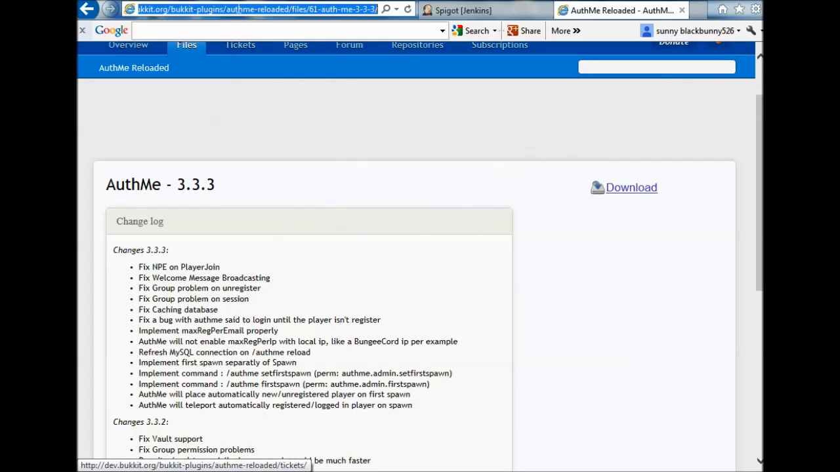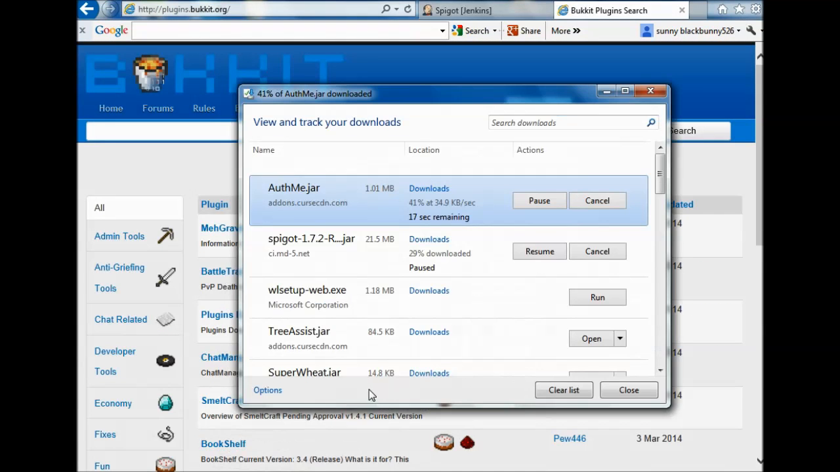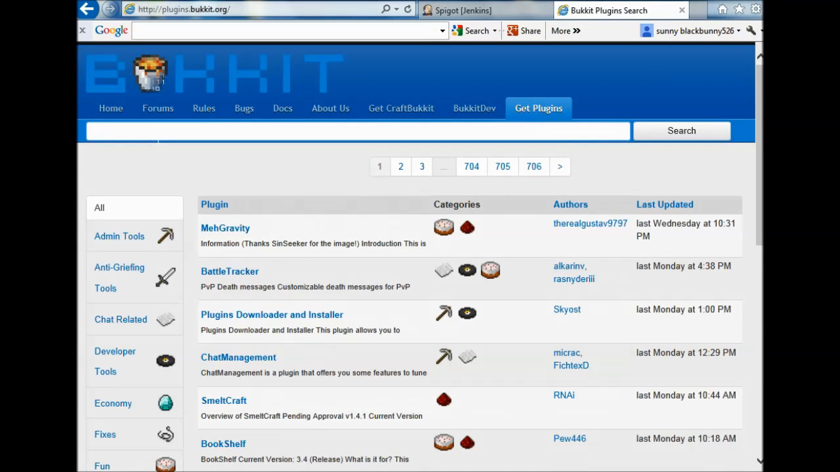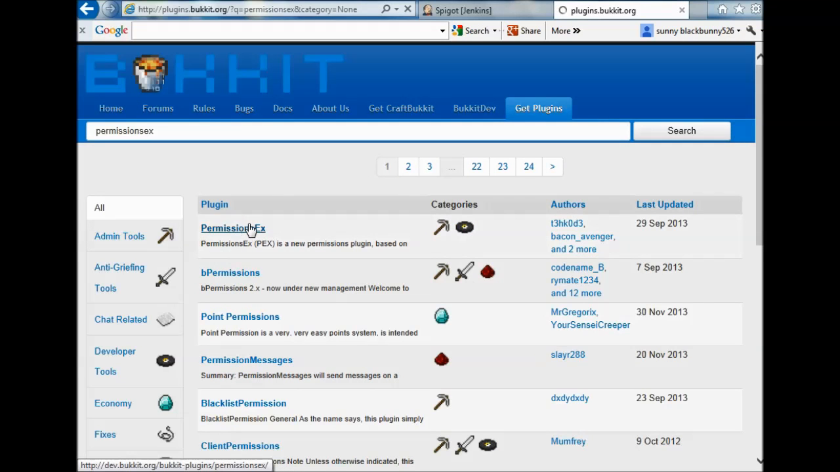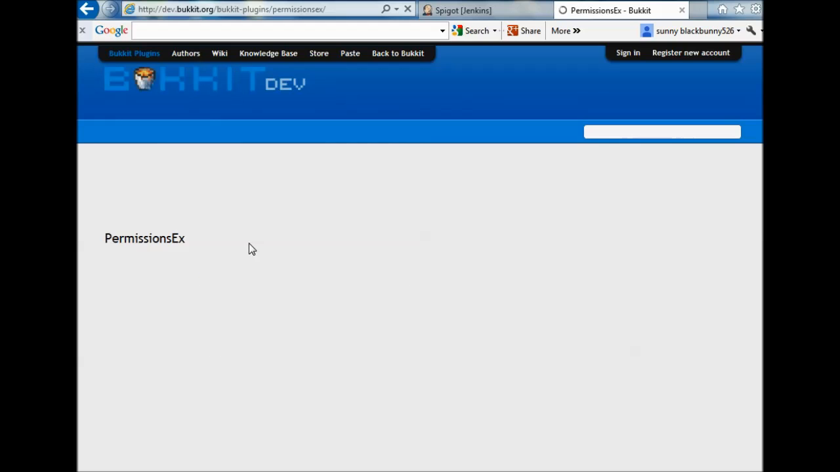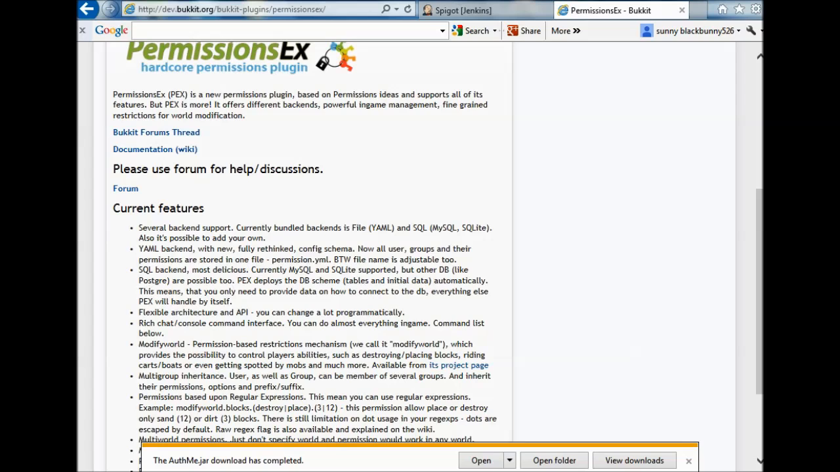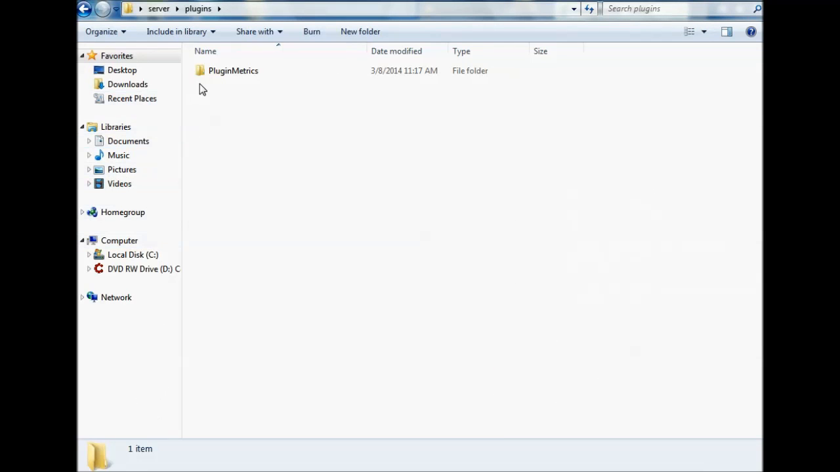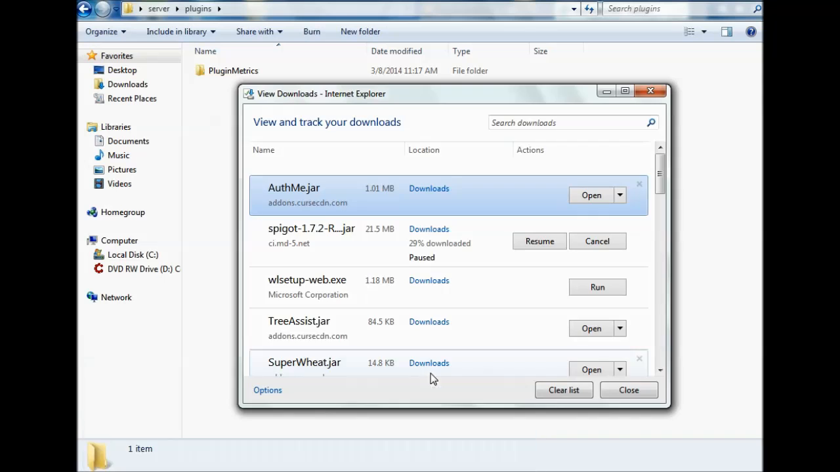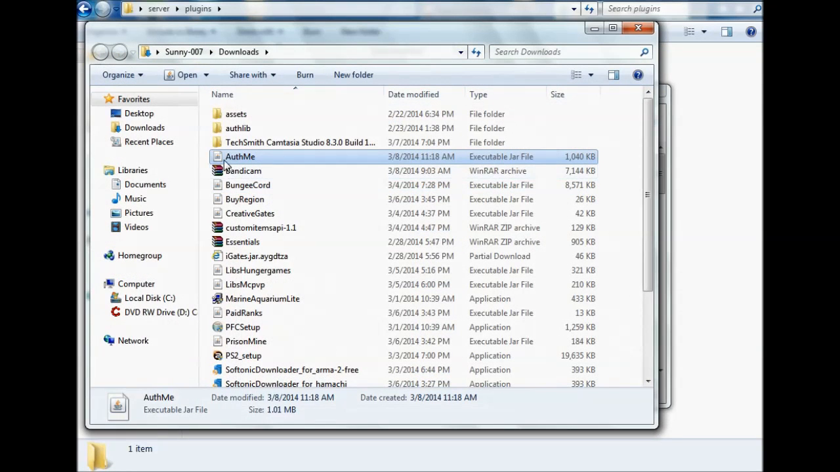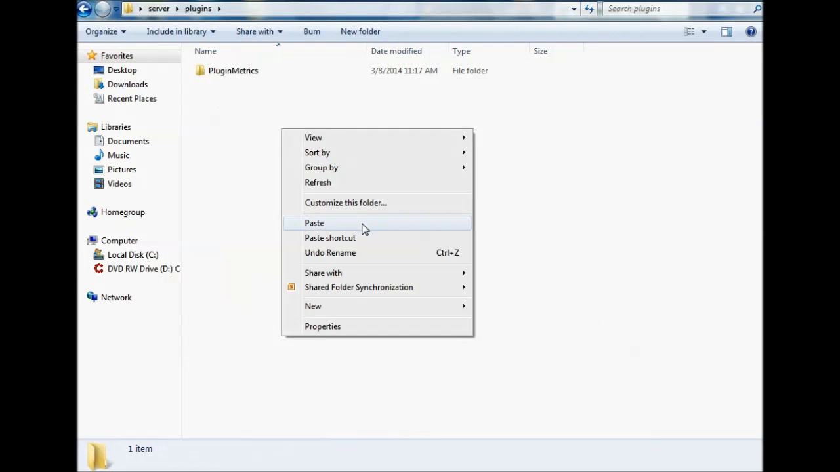After that, we'll go to plugins.bukkit.org again, and we'll get PermissionsEx. PermissionsEx is a plugin that most servers use for their ranks. You can add and remove permissions and set groups. After the Auth.me Reloaded has downloaded, you go to the download folder, you copy it into your server folder at plugins,